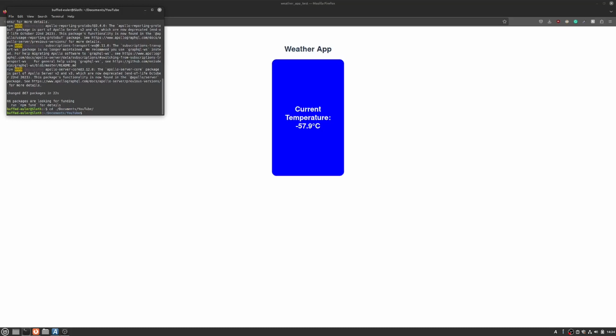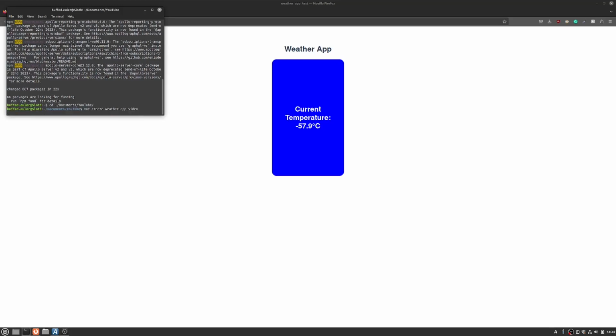And so here you can type vue create, and then I'm going to make the project name weather app video. You can put weather app view, you can put weather app test, whatever you want to name this. And yeah, so press enter,